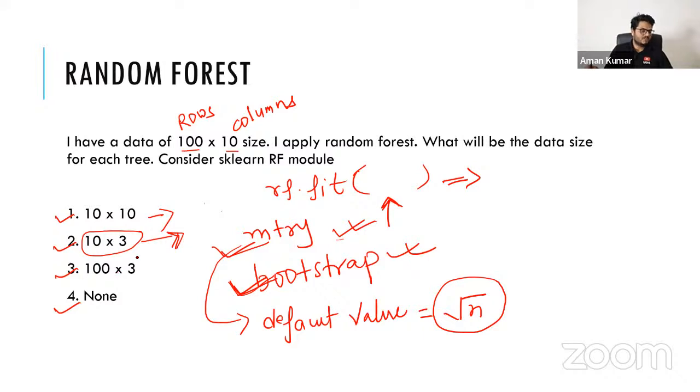Anybody with option 3? Anybody with option 3, guys?